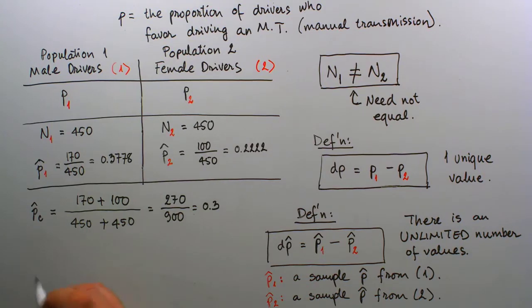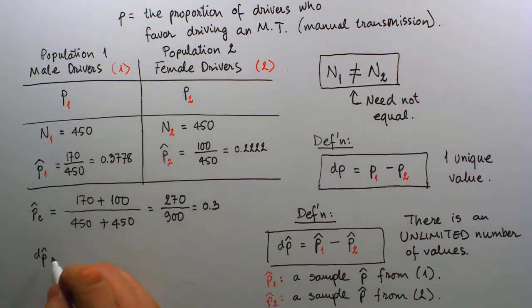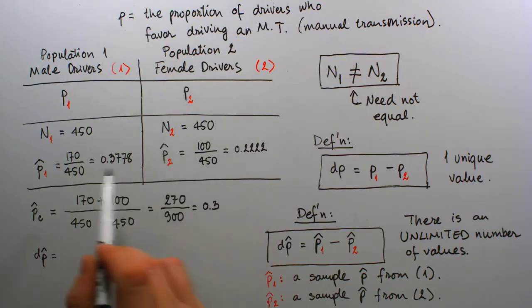And so in that way, now we can recall that we define dp hats to be the difference between a sample proportion from population 1 minus a sample proportion from population 2. And that's why right here from what we already have, we can find our dp hats, the difference between our two samples that we're currently having. So